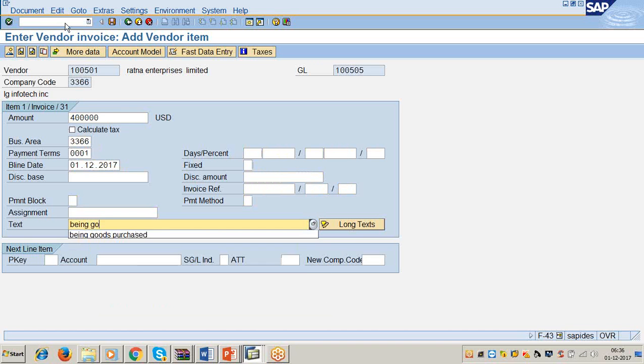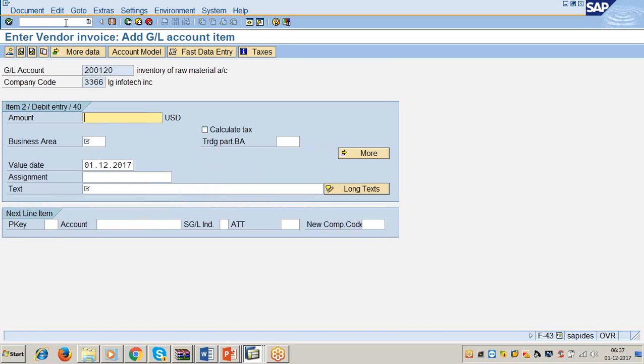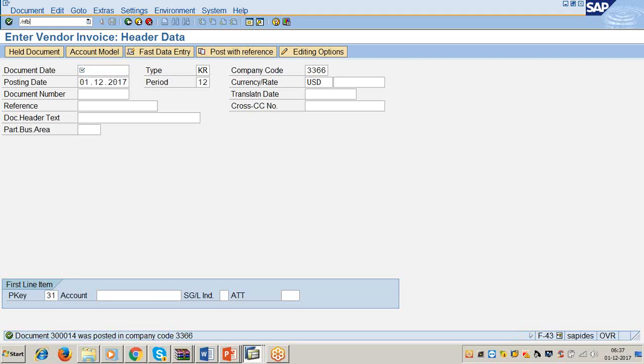Text being goods purchased. Posting key 40. The account is 2,120,000. Click on enter. The amount is asterisk. Business area 3366. Text plus. Click on save. Now if you go to FBL1N,